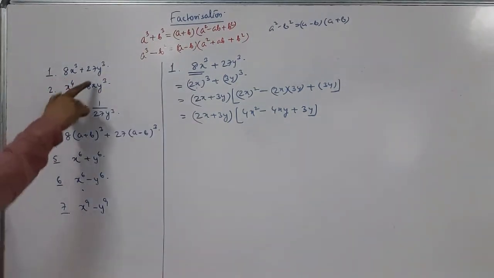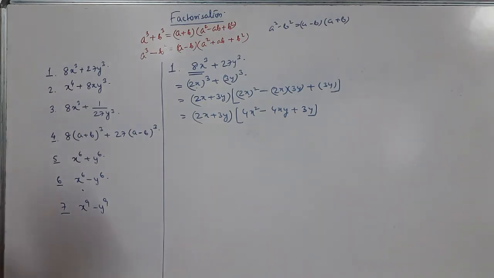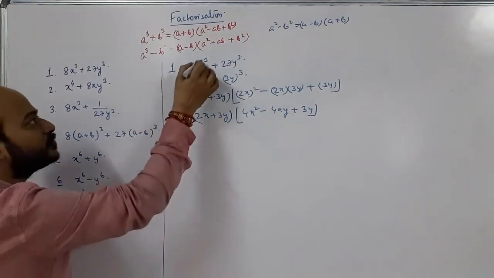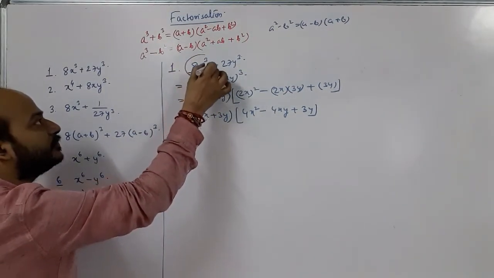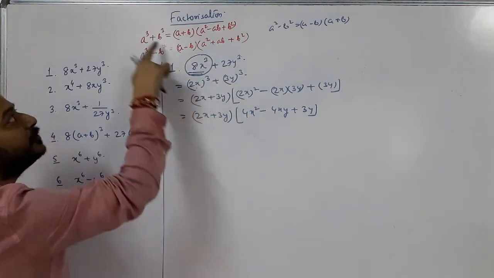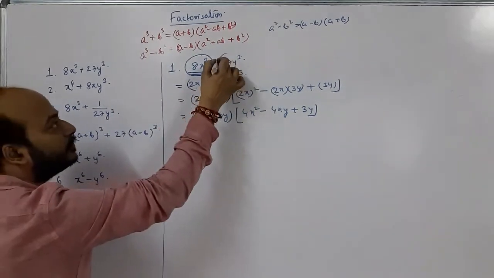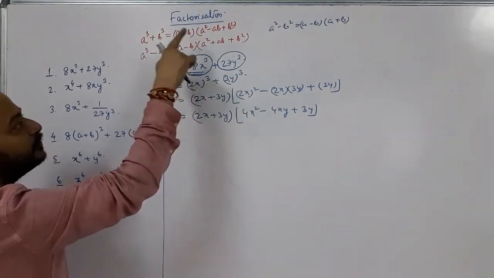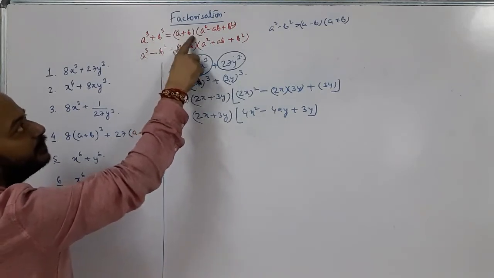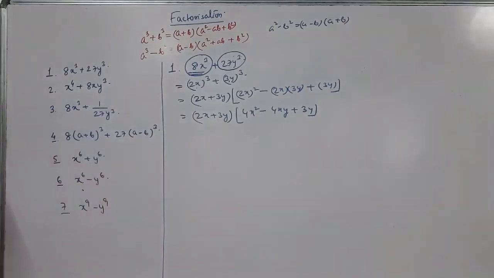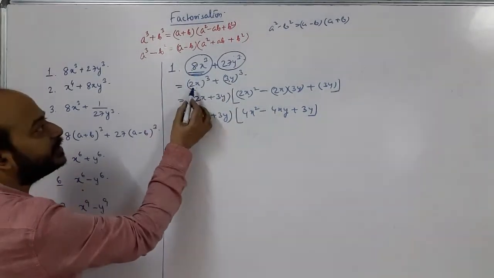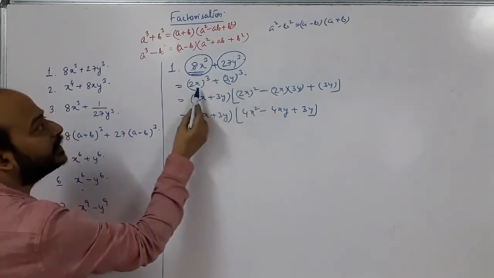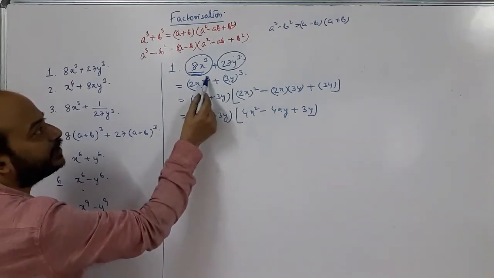Okay, see the first one, it is given 8x cube plus 27y cube. So you can see it's done here, 8x cube plus 27y cube. First what we have to do, we have to convert this first term into a cube, and that will become my a cube. Then we convert the second term into a cube, that will be my b cube, and then we will use the a cube plus b cube formula, a plus b, a square minus ab plus b square. Like 8x cube can be written as 2x whole cube and then plus 3y whole cube, and think of these as a and b, so we get a cube plus b cube.